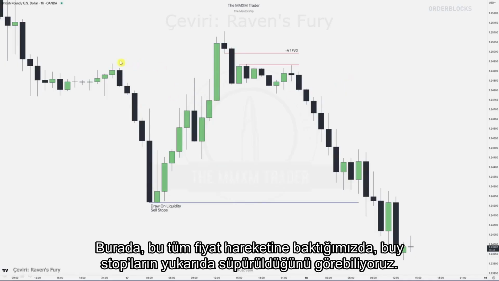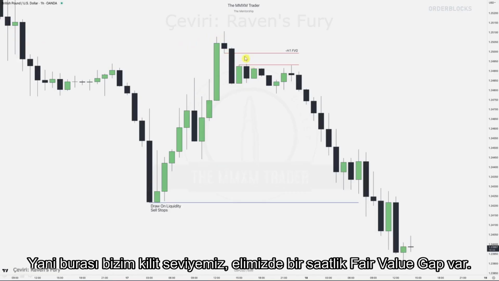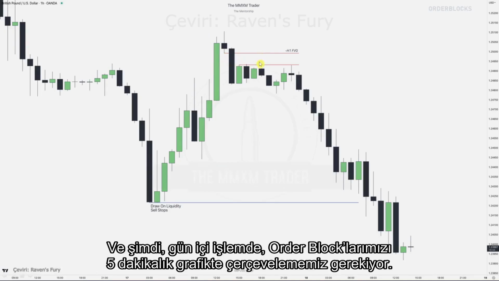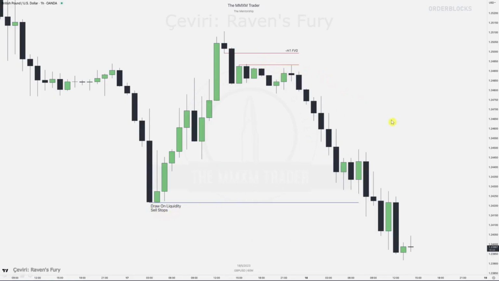So over here, if we have this whole piece of price action, we can see these buy stops have been raided up here, right, into a level up here. We're continuing lower, leaving a fair value gap behind. So this is our key level over here, right? We have this 1 hour fair value gap. And now intraday, we need to frame our order blocks on the 5-minute chart, with the draw on liquidity being on the sell side,